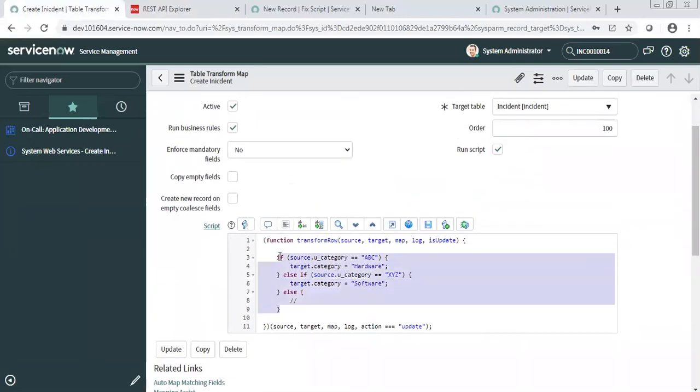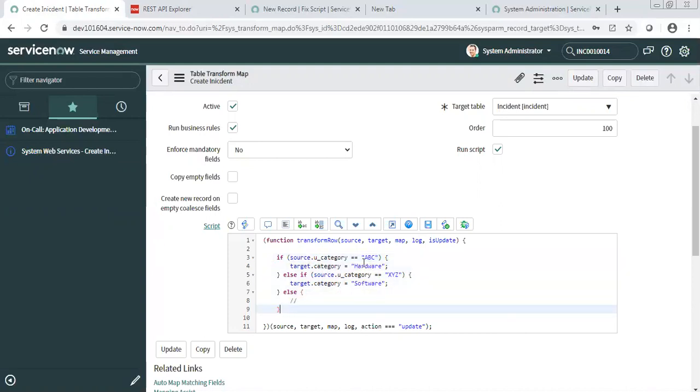So again, this is how we use the import set web services. Can you do this using the direct web service? No, because a direct web service requires the exact value that is in your ServiceNow. But there are certain cases where the third party tool is not going to send what ServiceNow requires in a particular field. In those cases, you need a solution where you can intercept the data sent by them and convert it into the form ServiceNow understands.